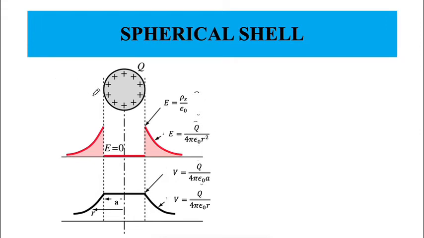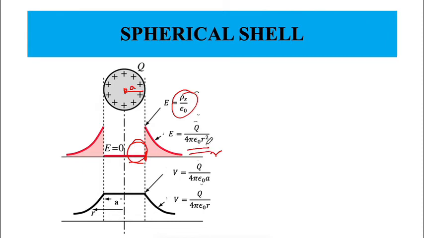So if you want to sketch, you can sketch the electric field. Let's sketch the electric field as a function of distance r. You will see that until r is less than a, where a is the radius of my cell, there will not be any field. At r equals a, the field will be equal to rho s by epsilon naught. Then it starts to go as 1 by r square.